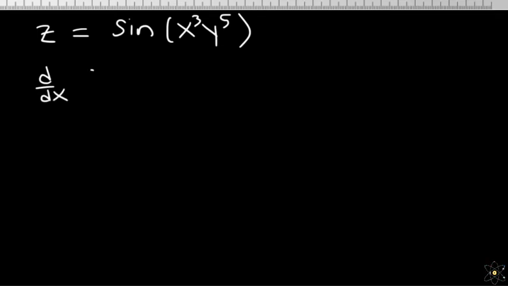Now let's try a trig function. Let's say z is equal to sine x cubed y to the 5th. Find dz dx and dz dy. So if you want to find the derivative of a sine function, the derivative of sine u is cosine u